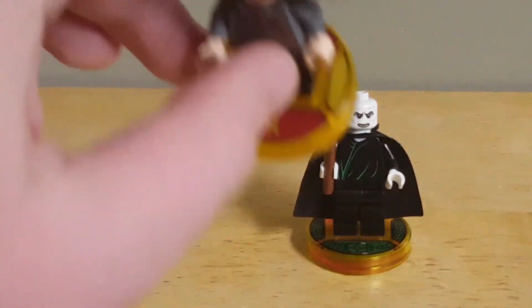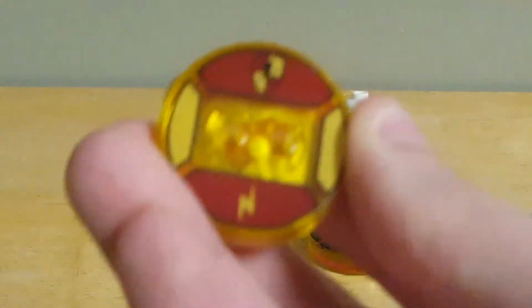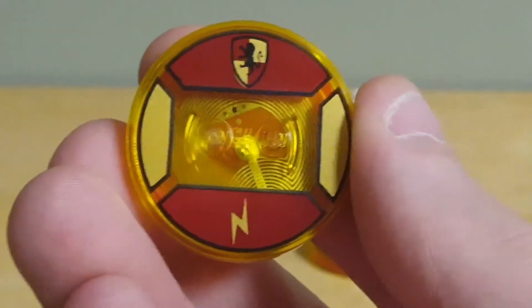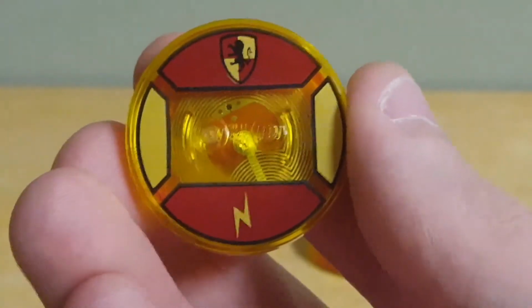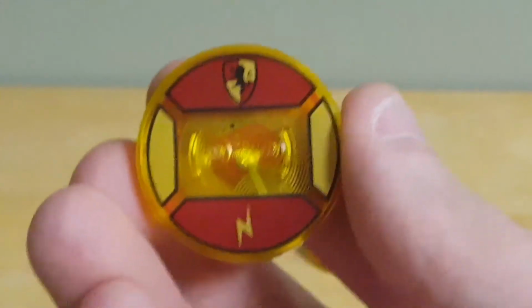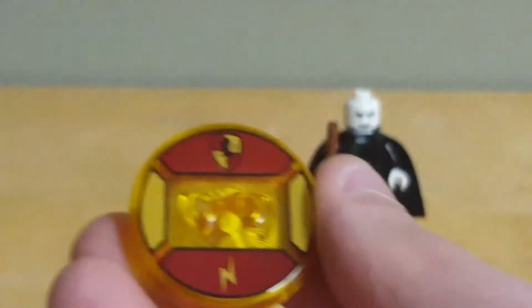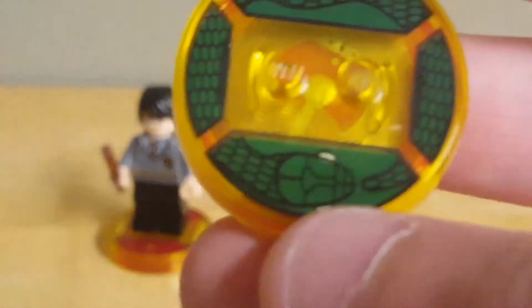Just wanted to show these the toy tags. Here we have Harry's toy tag, which as you can see on the front has the scar in gold, the lightning scar, and on the back we have the Gryffindor symbol, and then on the sides it's gold. So that's nice. Then for Voldemort's, I don't think it looks as good, but it's a more interesting design, even